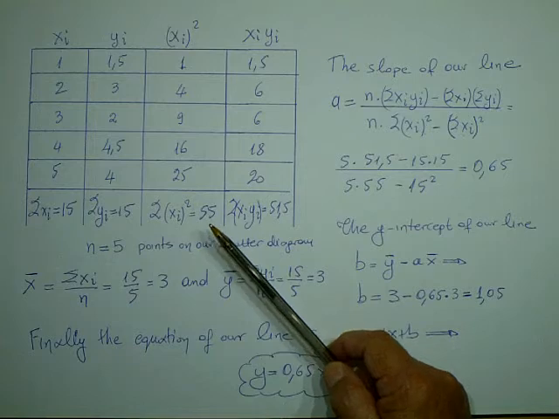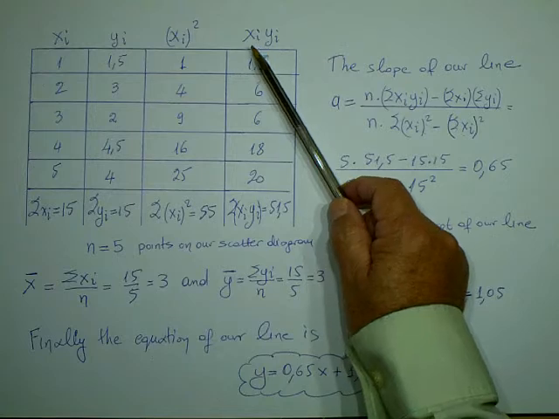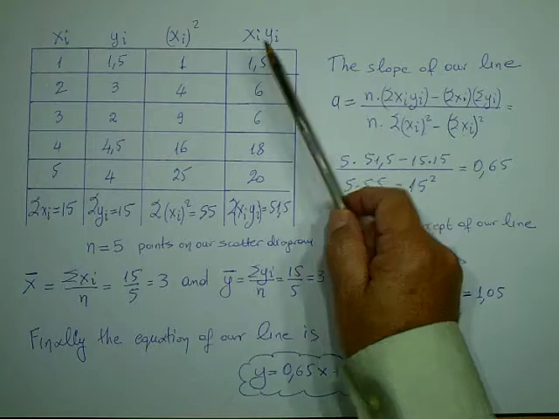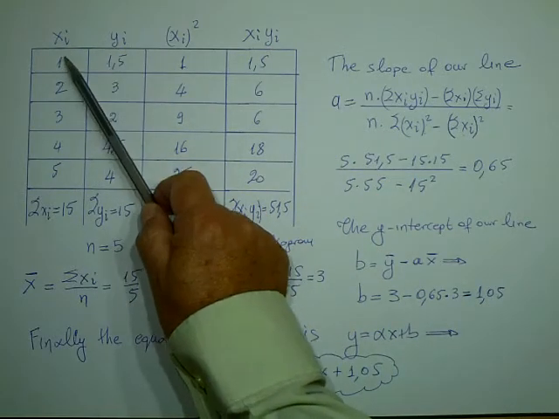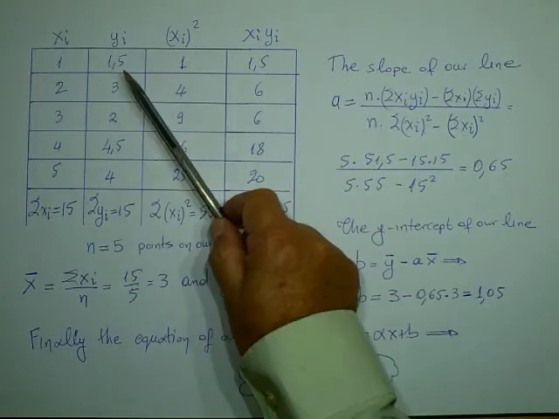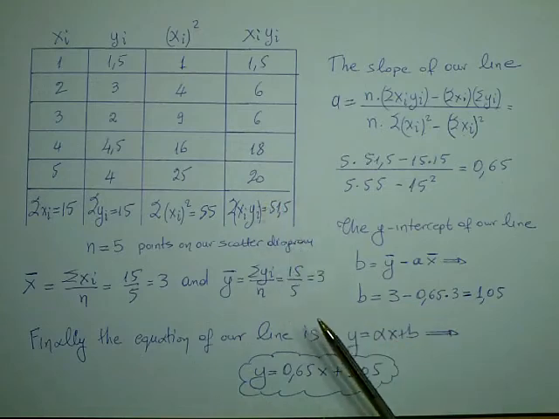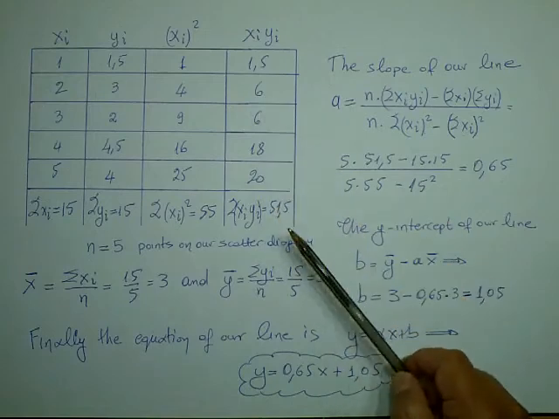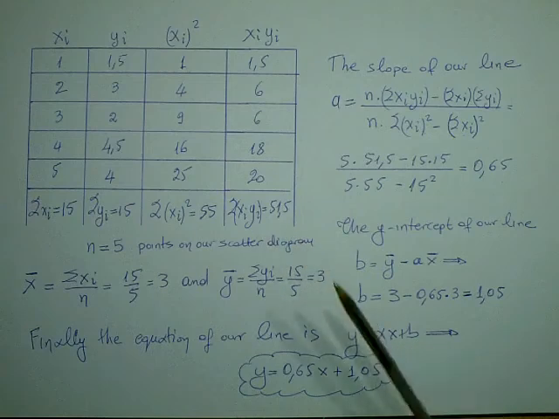The last column I have to construct here is the column with the product xi times yi. This is by multiplying x and y's: 1 times 1.5, 2 times 3, etc. And finally, I have the following sum of this column here, which is 51.5. So, the slope of our line